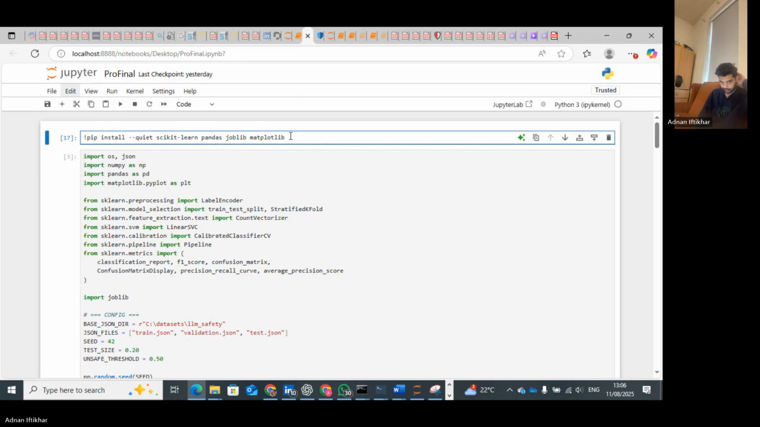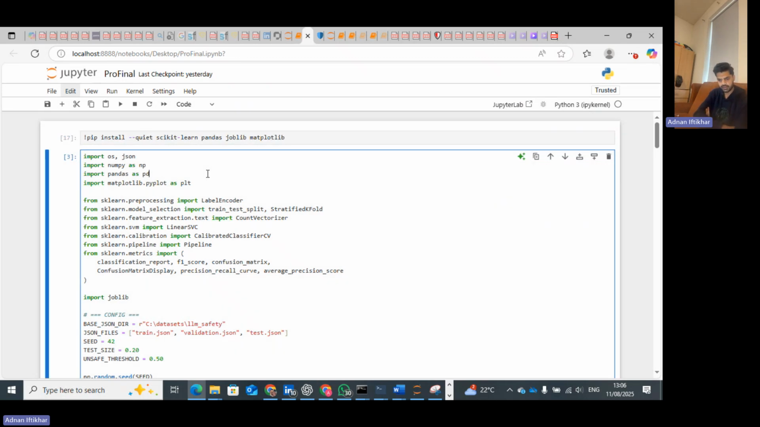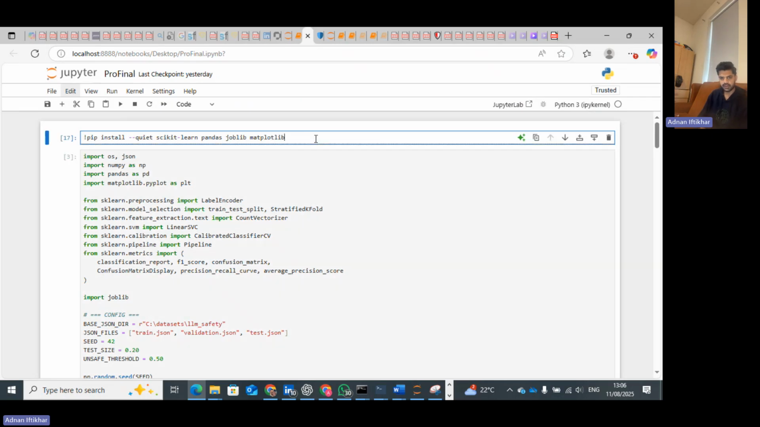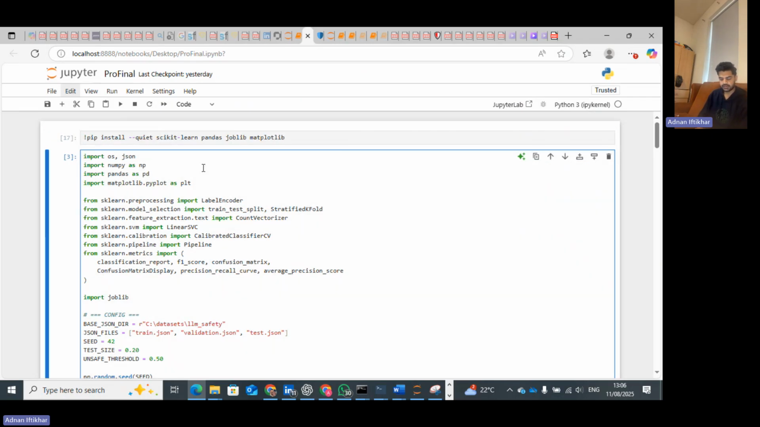First, I installed all the libraries like Scikit-learn, Pandas, Joblib, and Matplotlib, and this makes sure that everything is available. And if we are moving towards the second section, in the second section, I imported the Python